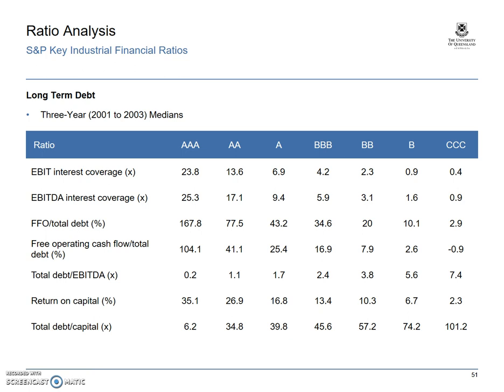And again, similar ratios for the EBITDA to interest coverage or the cash flow to total debt. The free cash flow to total debt, again, is much higher for the higher credit quality firms relative to the lower credit quality firms. And then with the return on capital, again, you'd expect that the higher credit quality firms have much higher returns on capital,